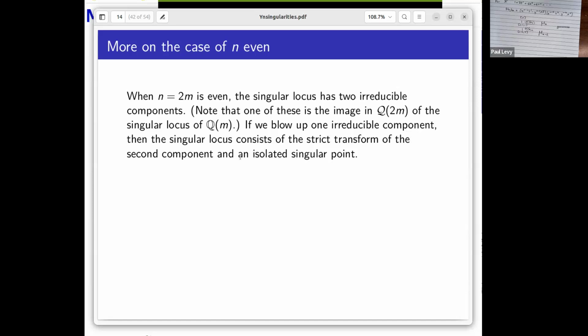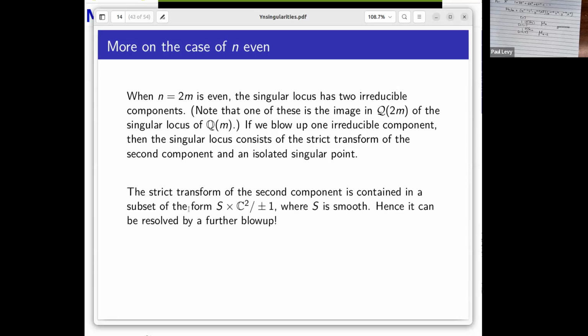And the singular locus is the strict transform of the second irreducible component, and it's going to contain exceptional fibers to blow up, and then this strict transform. And I also get one other singular point. And in fact, if you do the calculation, it turns out this strict transform of the second component,